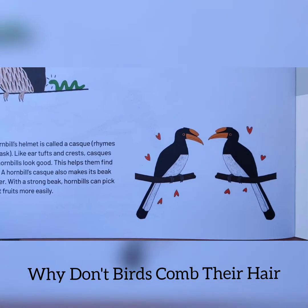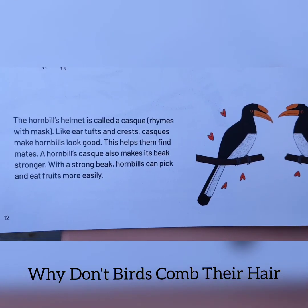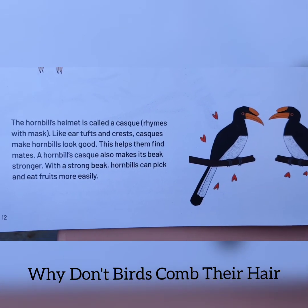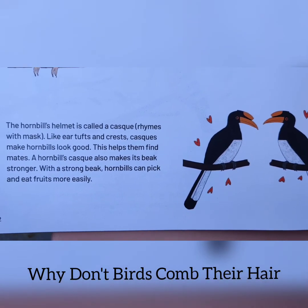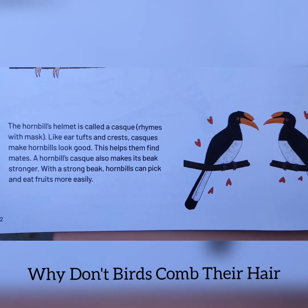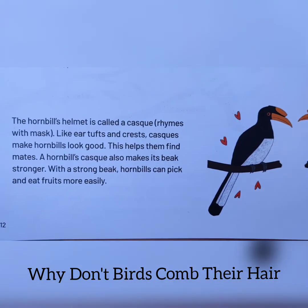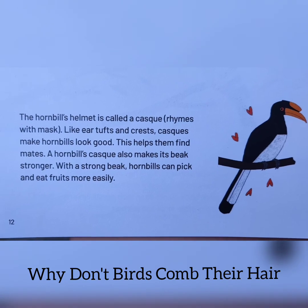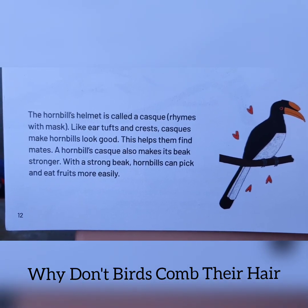The hornbill's helmet. The hornbill's helmet is also called a casque, rhymes with mask. Like ear tufts and crests, casques make hornbills look good. This helps them find mates. A hornbill's casque also makes its beak stronger. With a strong beak, hornbills can pick and eat